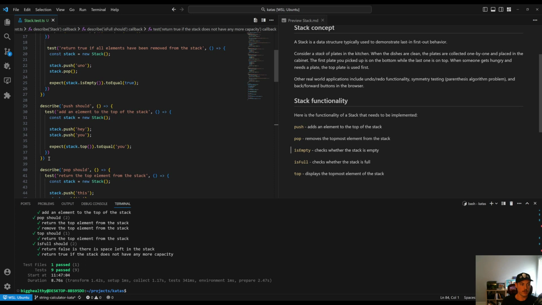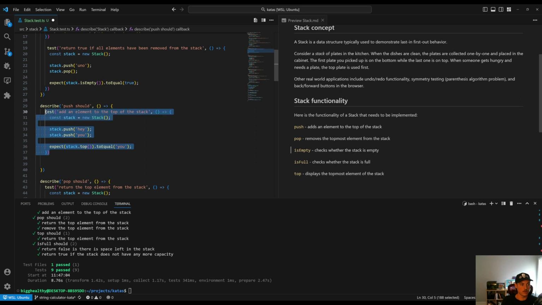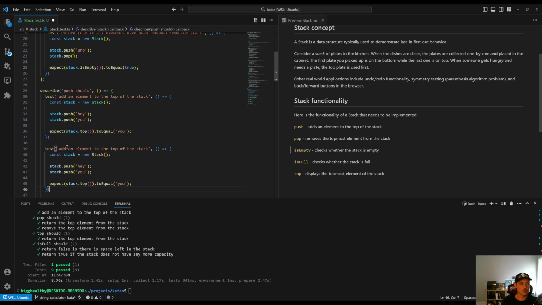So the error condition there is it should throw if the stack is full. So I'm going to create a stack of size 0 or 1. I'm going to add one thing to it. I'm going to try to add to it again. So in this one, I should expect this to throw